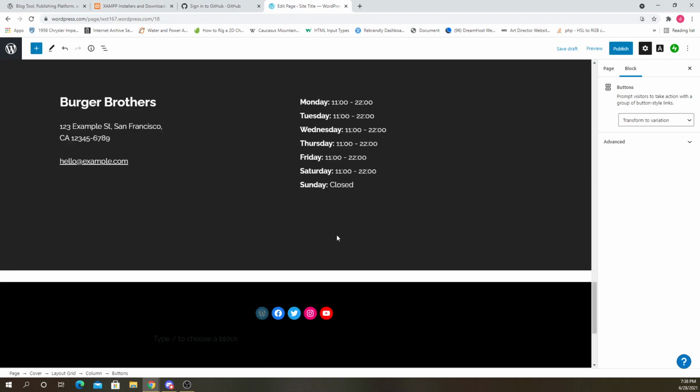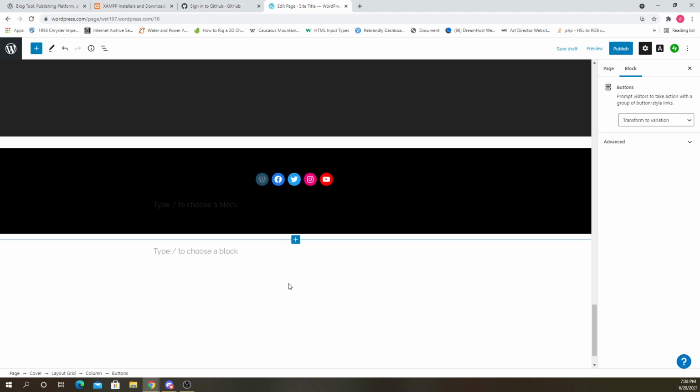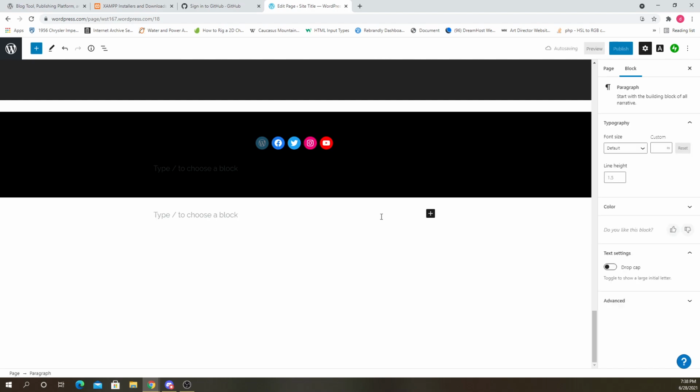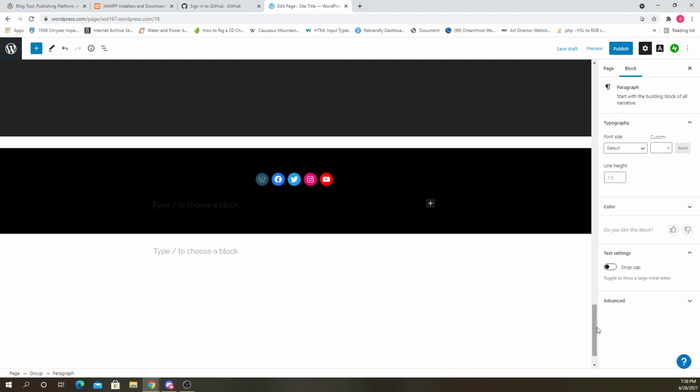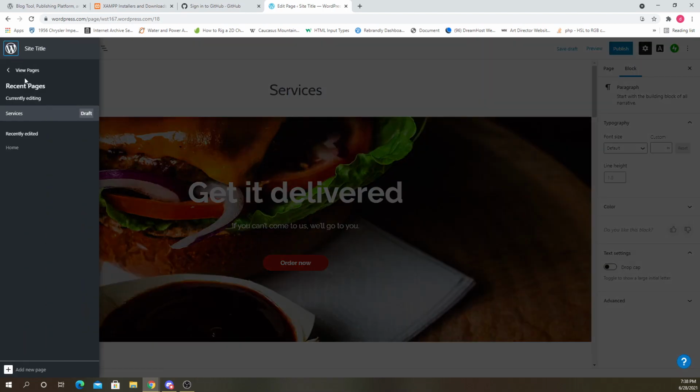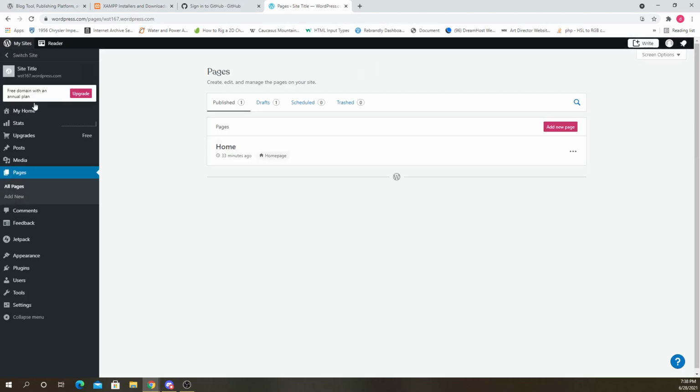Just a few other things. Again, let's figure out if this is actually a footer or is that just something part of this page. So we'll find out, let's go back, back to this.